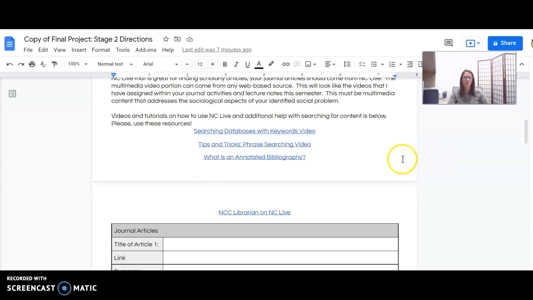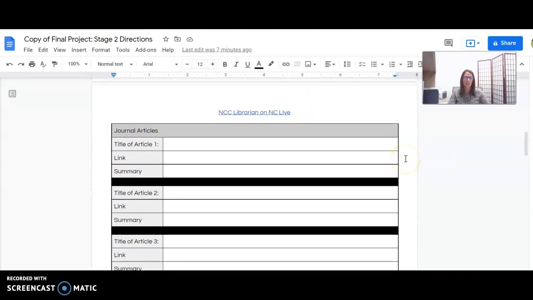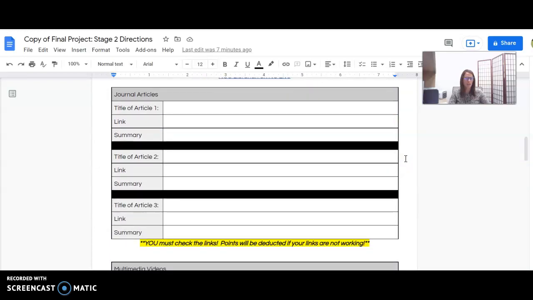All right, I'm going to show you the format of your annotated bibliography. See, it's not too scary. The first one is the journal articles. You'll list here the title. You'll give me a link, and I actually am going to test these links and make sure that they go to the actual article. If they don't, that is points away. So you need to test the links as well. And then I'm going to ask for a